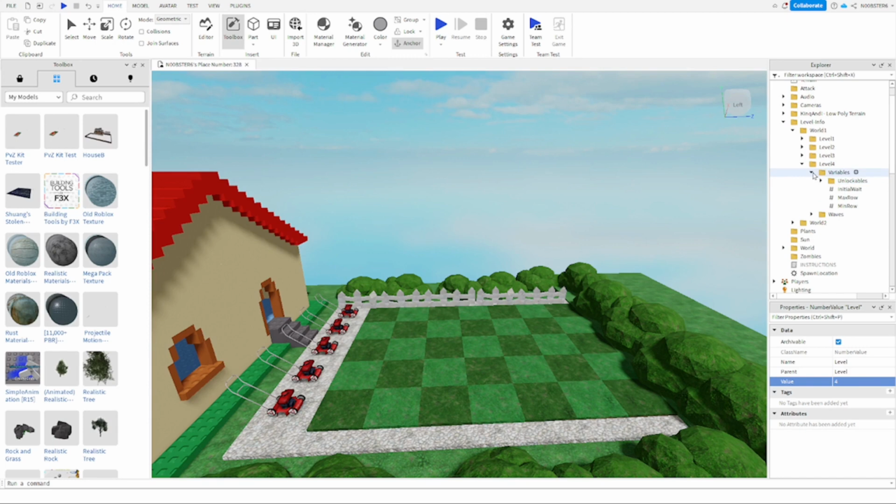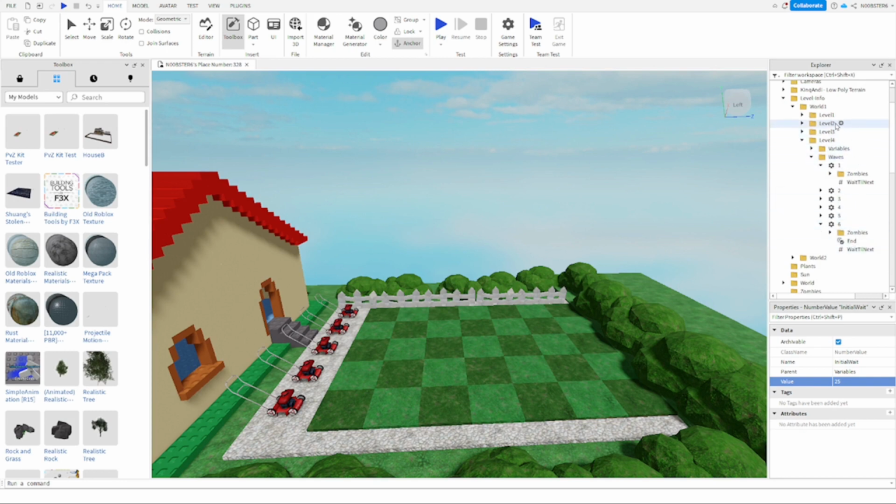I'll go ahead and show you how to do waves and stuff. So to start off with, initial start is the wait time before the first zombie spawns, which I will keep at 25. It's the best number I found. And then I'll go down to my first wave. Again,